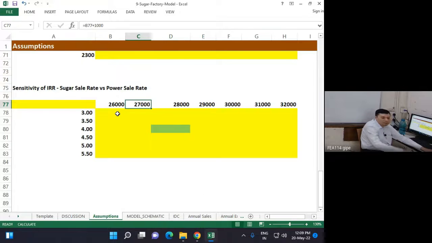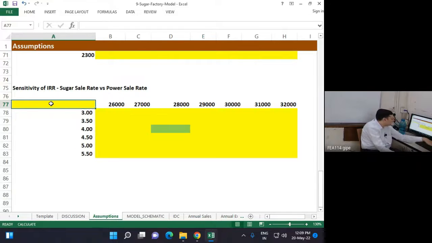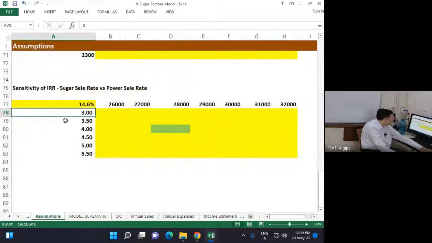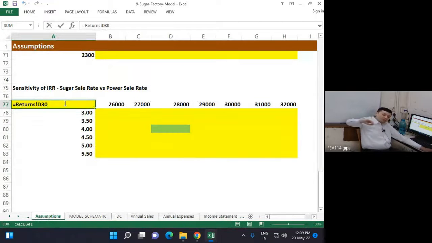So we want to build the data table. Step one of the data table was to make the entire model, which we have already done. Step two would be to link the left corner cell to the IRR, the decision parameter. So link it from the returns page. Now, one of the shortcomings of the data table is that you will have to make the table on the same page where the assumptions are. Ideally, analysis would have been easier if you had put this data table on the returns page,